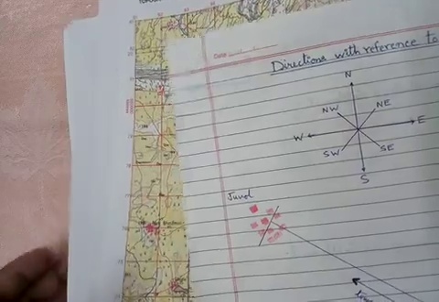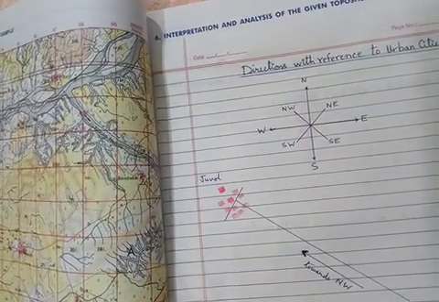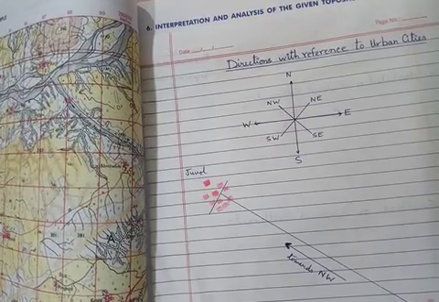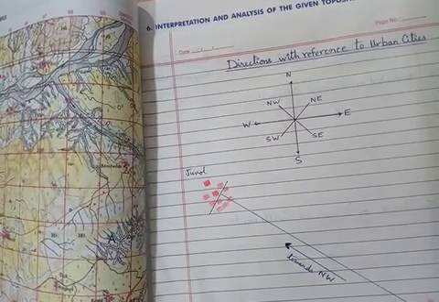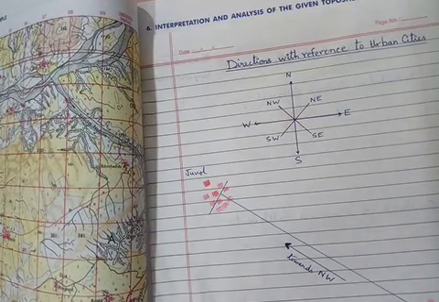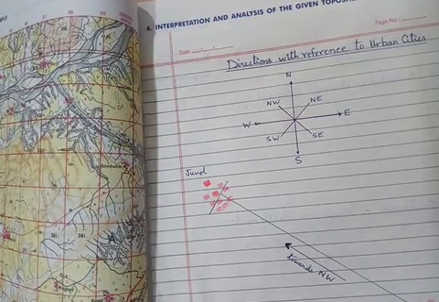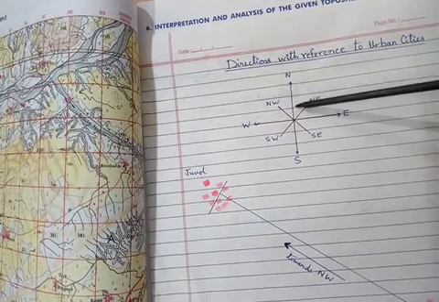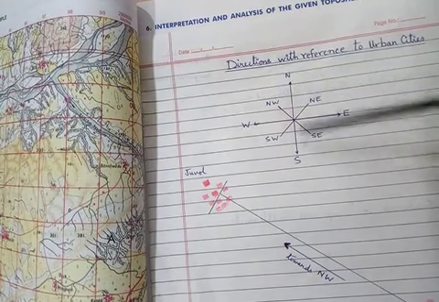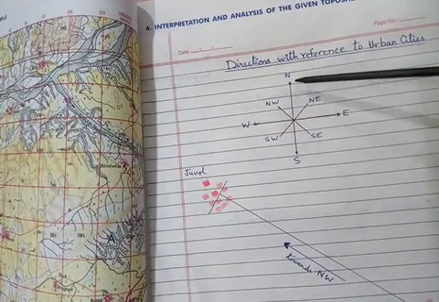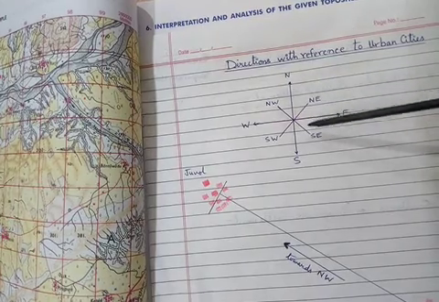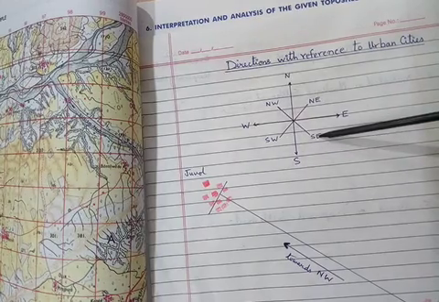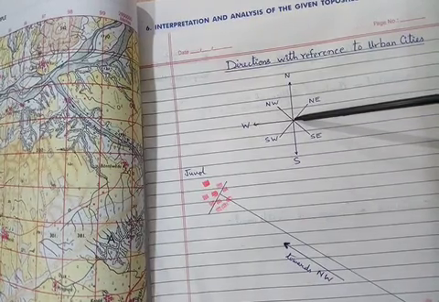Now let me explain about the distance. Not distance, distance is not in our syllabus, so sorry. We are going to see the directions with reference to urban cities. Already all of you know about the directions. These four main directions, that is north, south, east, west, are called cardinal directions. Then the other four directions, that is northeast, northwest, southwest and southeast, together are called intermediary directions.